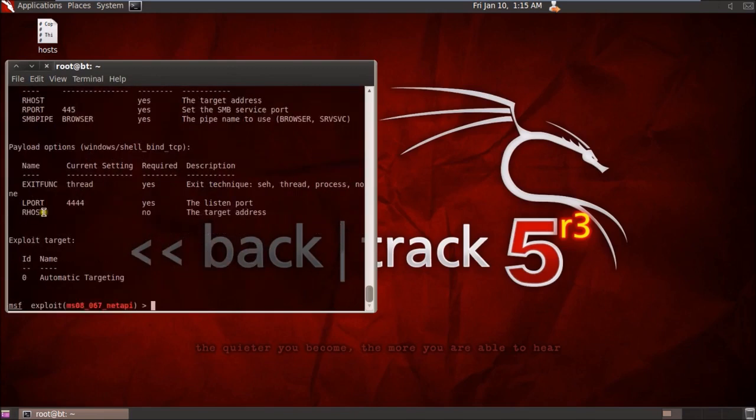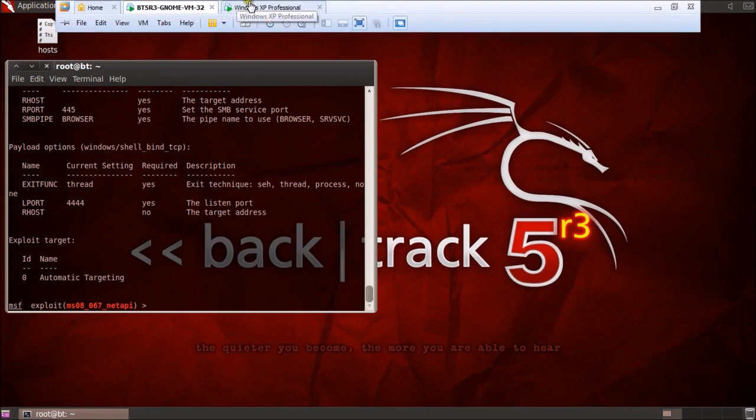Now as you can see, there are certain things that are defined in this. You can see the RHOST field, it is blank. RHOST is my remote host. So what I'm going to do here is add the IP address of my victim.